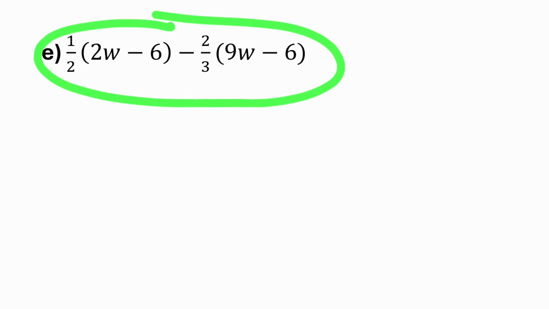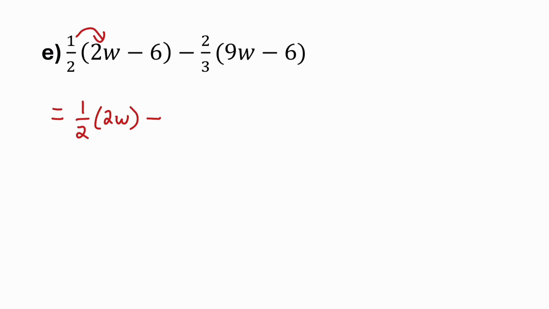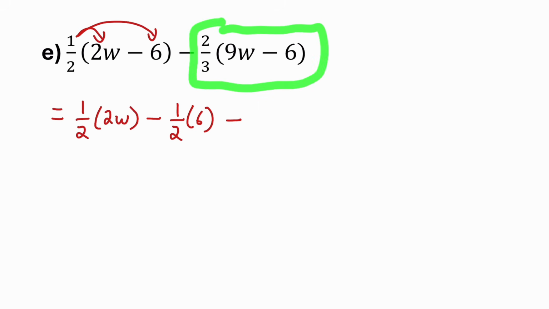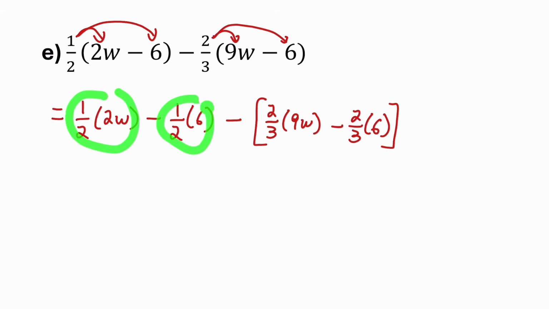To expand and simplify this expression, I'll have to expand both of these products and then subtract them. So looking at the first product, this half has to be multiplied by the 2w minus the half has to be multiplied by 6. And then I have to subtract the product of 2/3 and 9w minus 6. So that product will have to go in its own set of brackets. The 2/3 times the 9w minus the 2/3 times the 6. And now I can simplify. In each of these terms, I can simplify the products. A half times 2w is w, minus a half of 6 is 3,